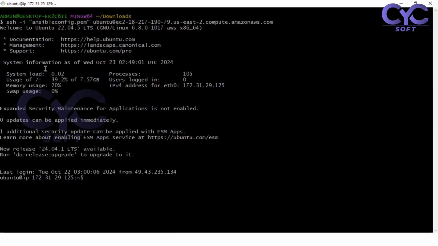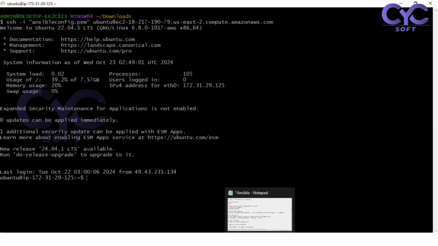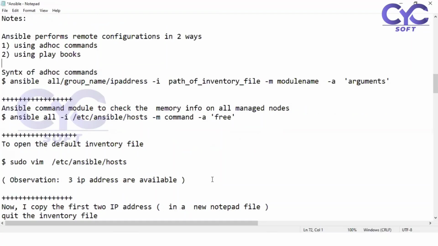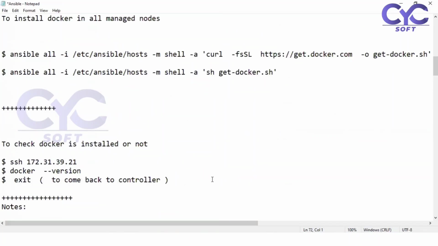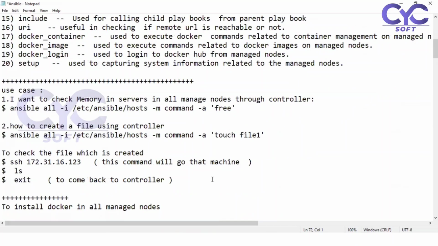So this is how we can connect the servers. Okay, so now my scenario is, how can you execute this file? We are using ad hoc commands now. I want to check the memory space. Suppose I want to check the memory space of